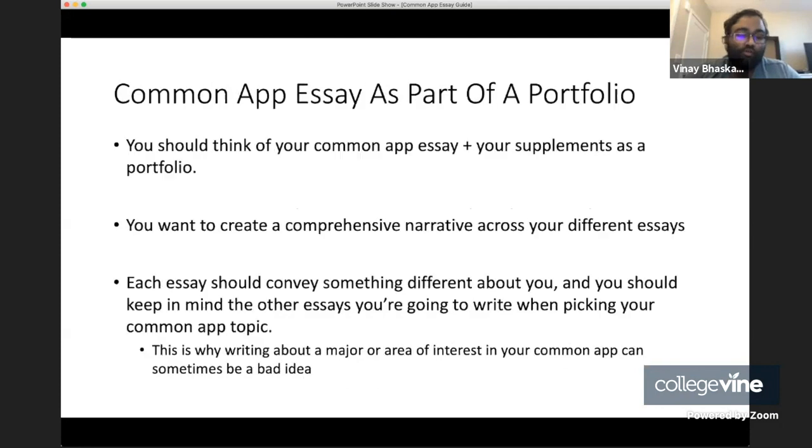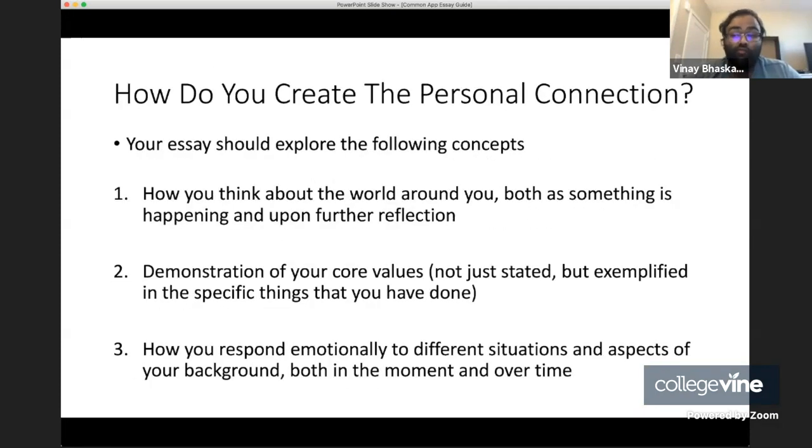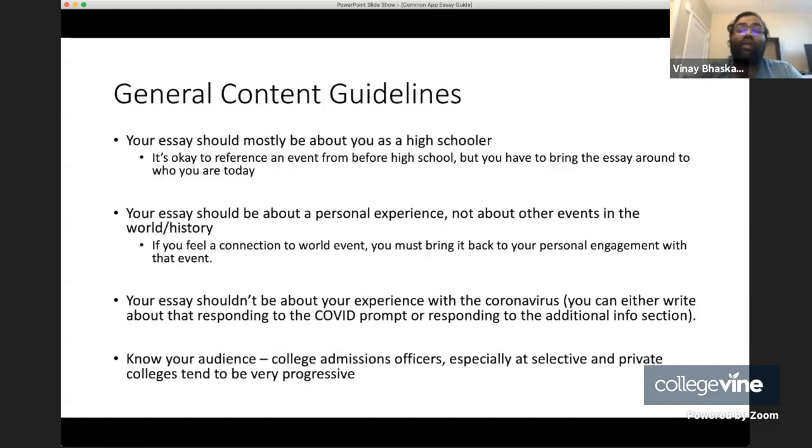Finally, you want to know your audience, right? We talked a lot earlier about this notion of sharing your core values. One thing to keep in mind is you also want to make sure that you're sharing core values that line up with the values of the institution that you are applying to, right? So for example, college admissions officers at selective and private colleges tend to be very progressive. So if you're someone who has a mix of conservative and progressive values, you may want to focus more on the values that you hold that are more progressive and highlight those. Whereas if you're purely conservative, you may want to try to appeal only to universal values,